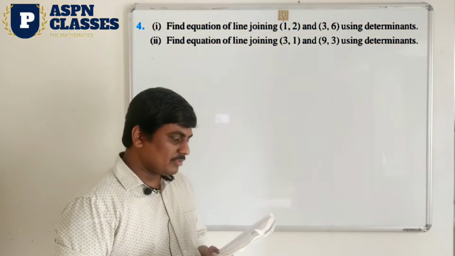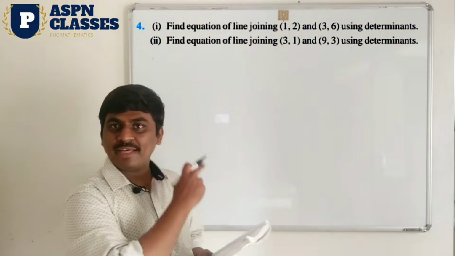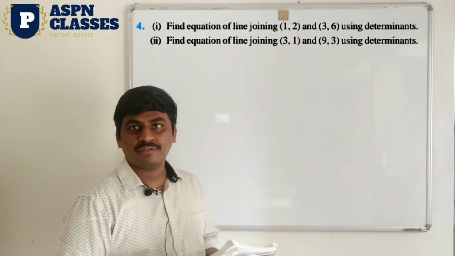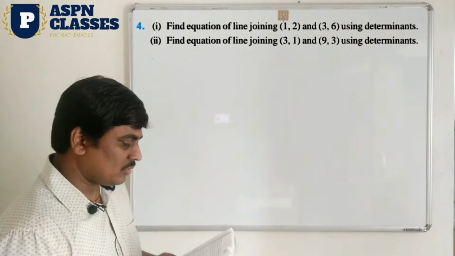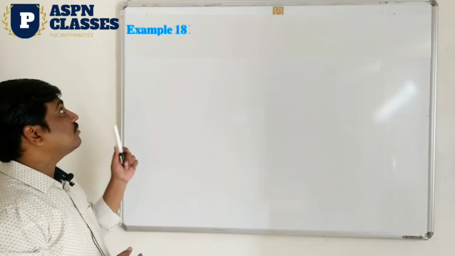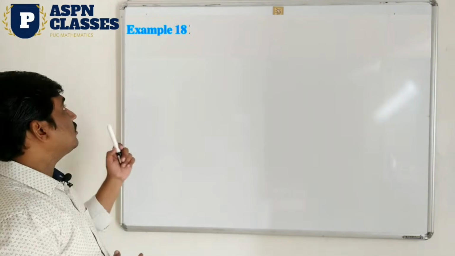Okay. So question number 4, second question you take it as a homework, same type as it is already solved. No? Here also find the equation of the line joining the points given. Okay, take this one question as a homework. Next example, observe here. This is your solved example, example number 18. Okay, so you observe here.